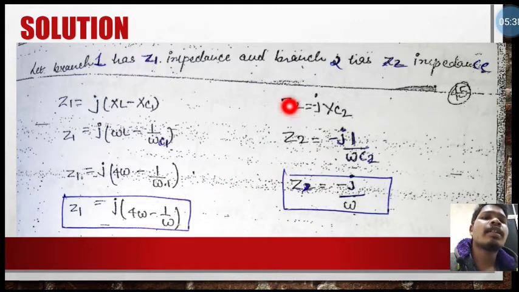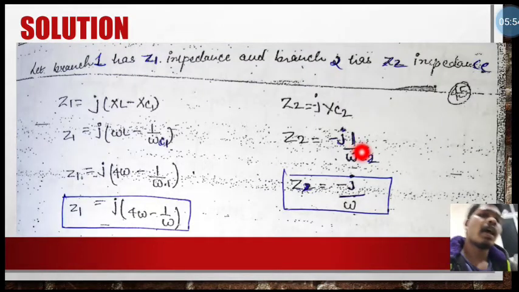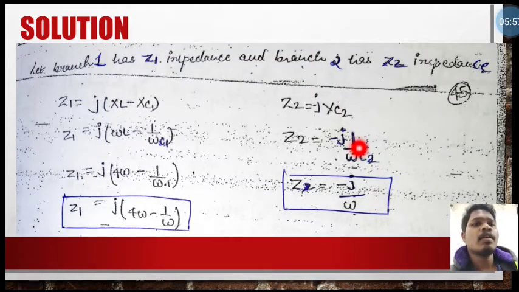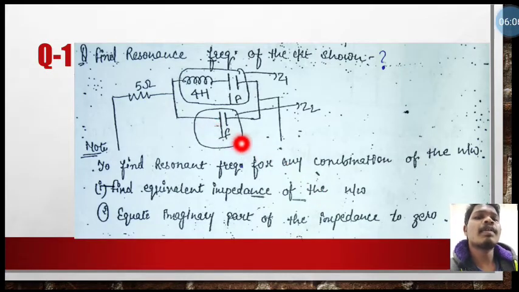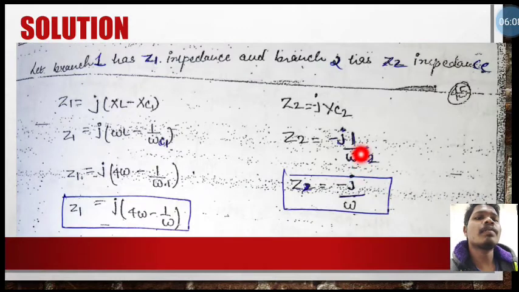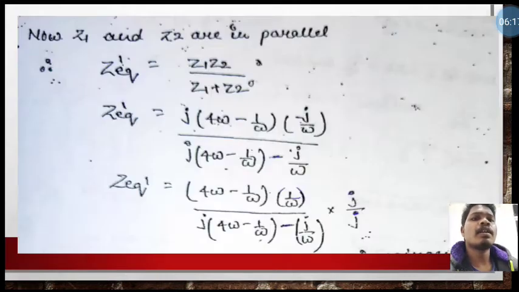Okay, so for impedance Z2, there is only one capacitance. So what we need to do is take the capacitive reactance of C2, and with a minus term here. I have already told you why we take the minus term here. So minus j 1 divided by omega C2. The C2 value is given as 1 farad, so put here C2 is equal to 1 farad. After putting this, you will get Z2 is equal to minus j divided by omega. Okay, so we get Z1 and Z2 here.